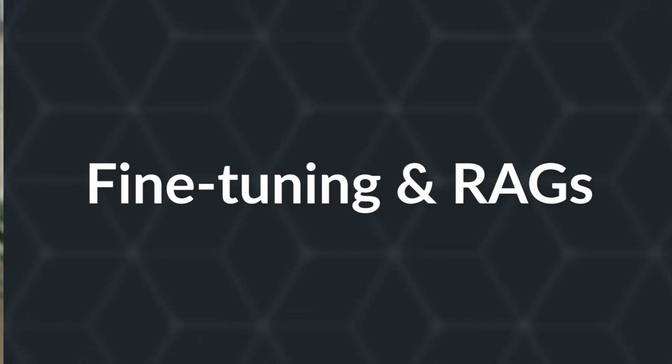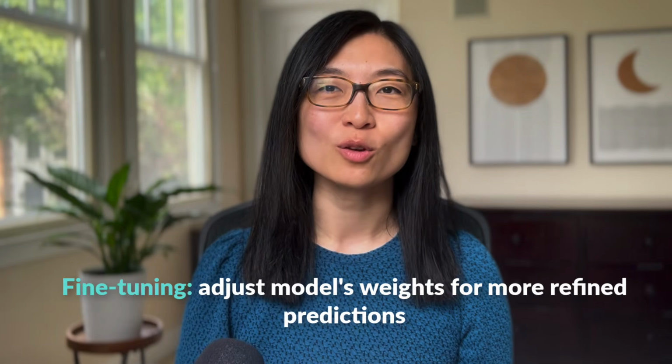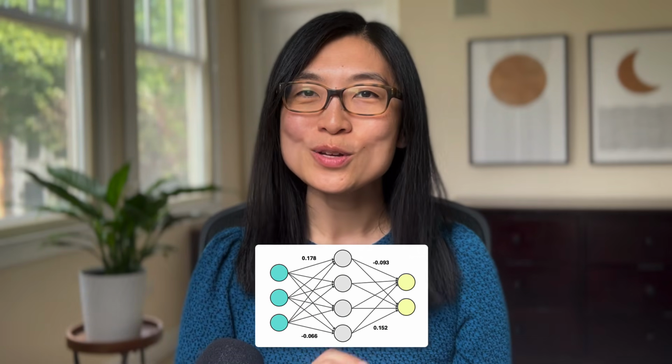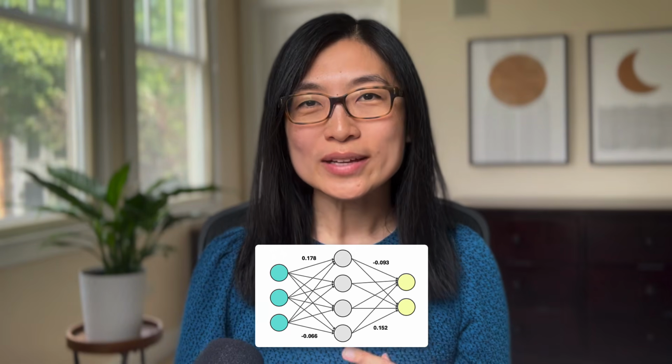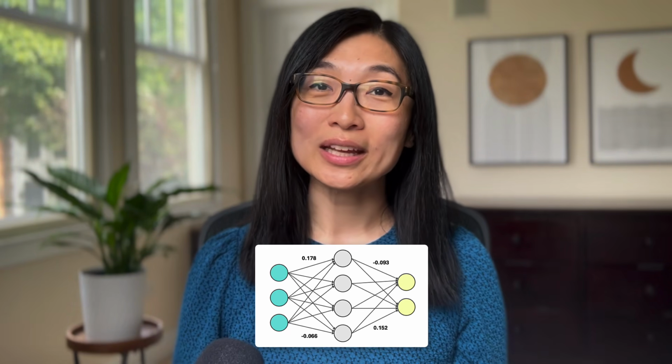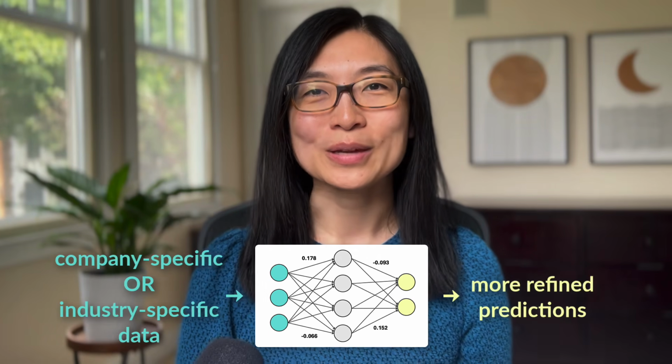Finally, if you don't want to use a pre-trained model as is, you can incorporate your own data as well using fine-tuning or RAGs. Now, the idea of fine-tuning means adjusting your model's weights. So if you remember back to our pre-trained model, all the lines from node to node had a weight associated with it. And when a model is pre-trained, those weights are locked in. And with fine-tuning, you can feed in your own datasets and start adjusting those weight values based on your particular